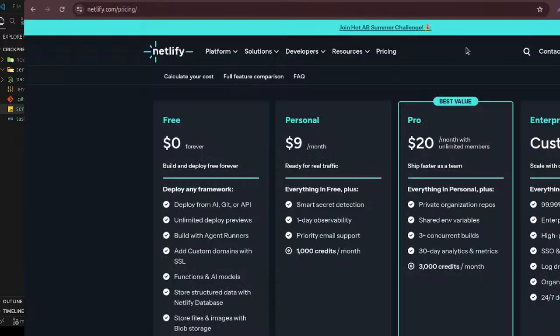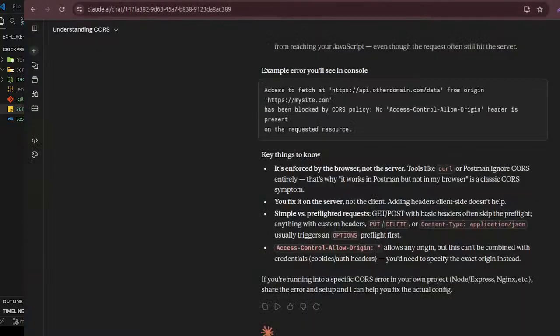CORS, okay, CORS. We have done that to know what it is. Let's see how we can set up that thing. Can you tell me, Claude? I think I have a share to my Claude. Okay, it's sharing.